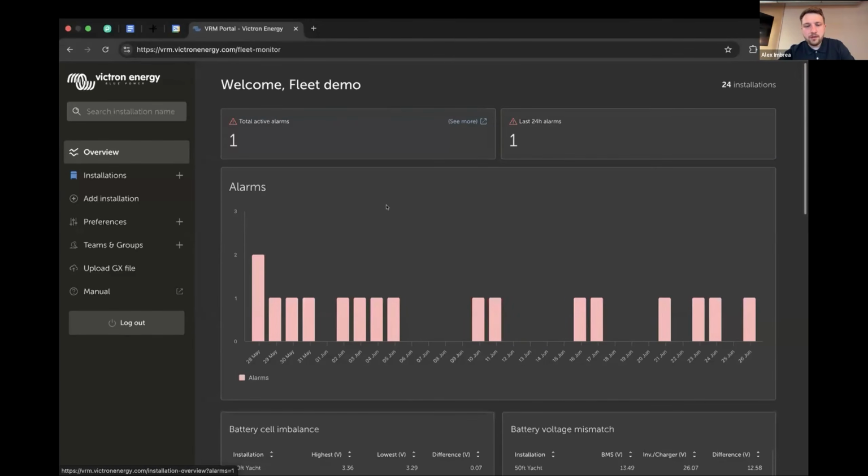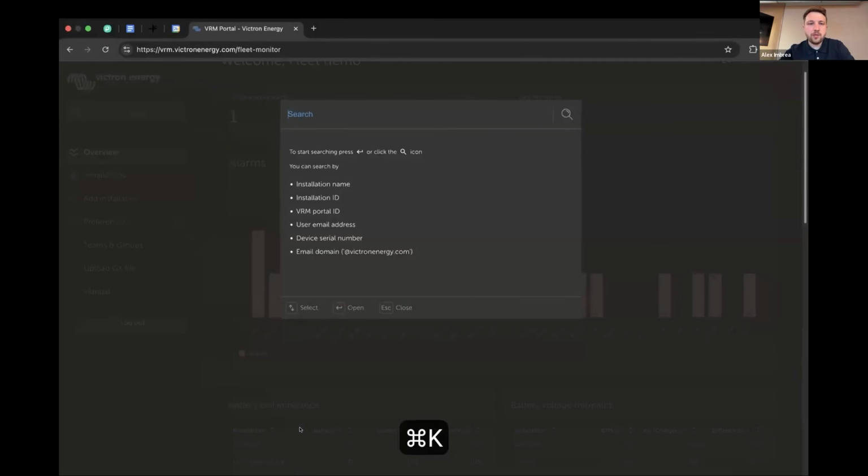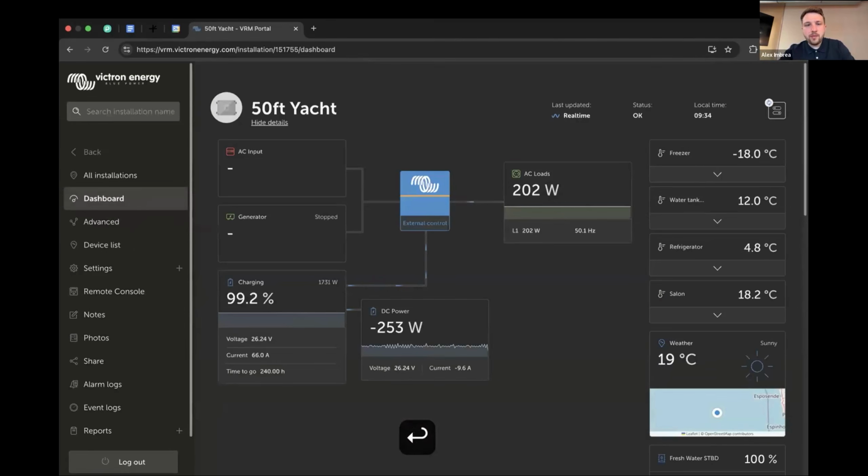And if you identify a site that has an issue or a problem, then you can again press Command K and go to that specific site. By closing this loop, so being able to dive deeper into a site or going all the way back to the overview, it allows you to quickly debug, monitor, and check different sites easier and faster, which hopefully provides a better way to use VRM and makes your life easier. So that's the feature.